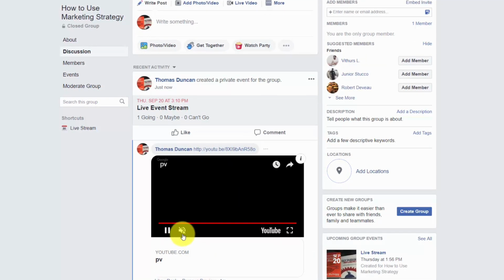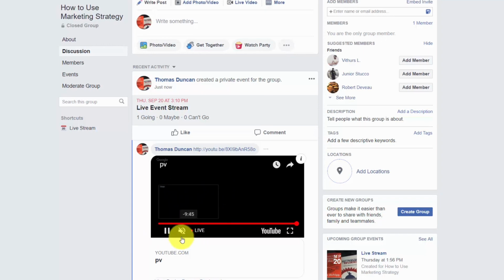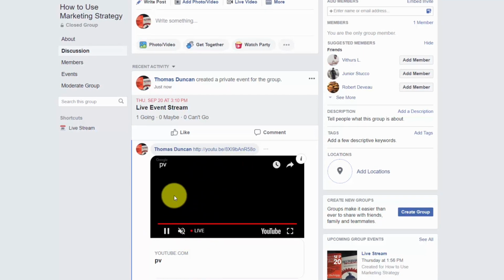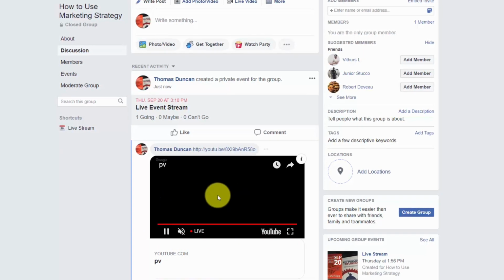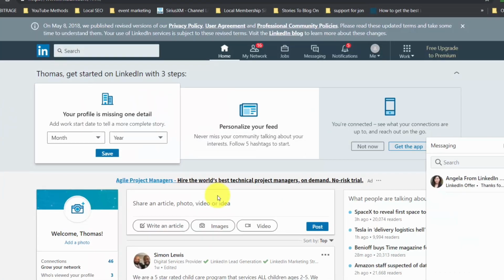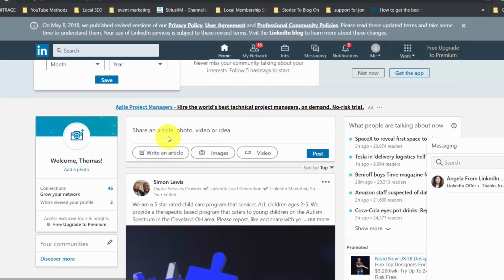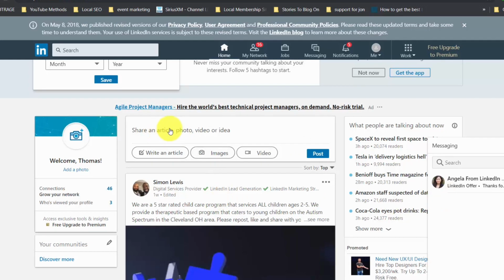Now it won't be enabled for sound by default. They'll need to enable the sound. So you may want to give them instruction to do that. They will also be able to embed the stream on LinkedIn in the very same way, but this will be